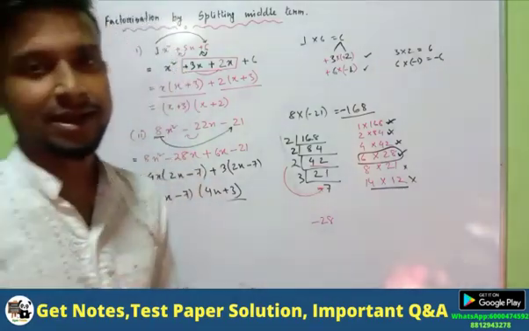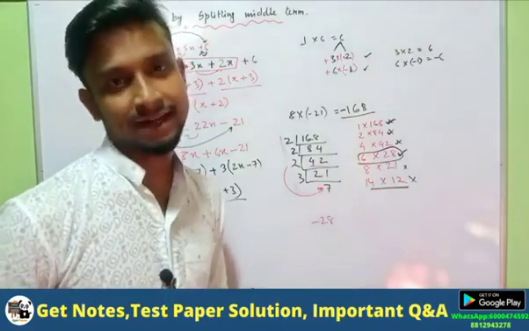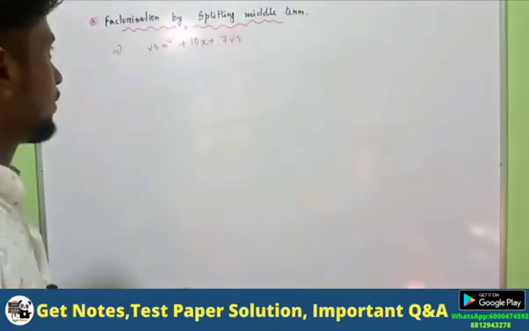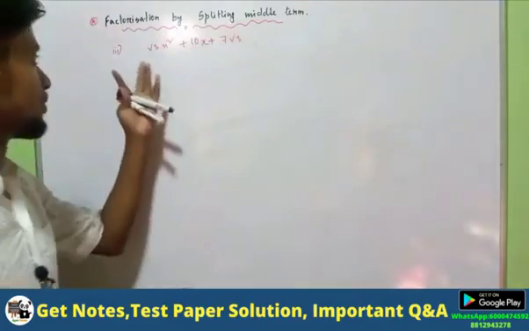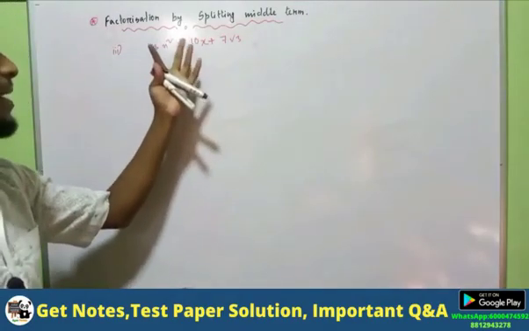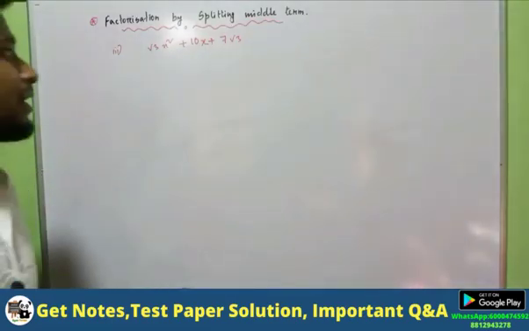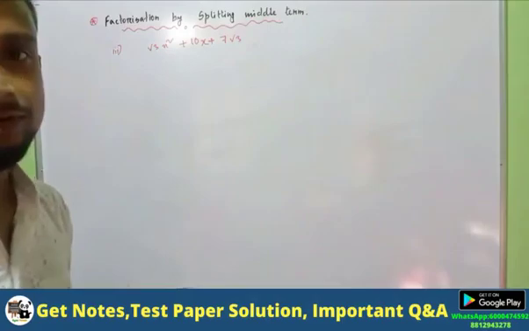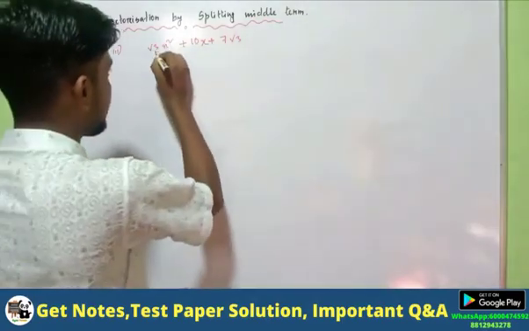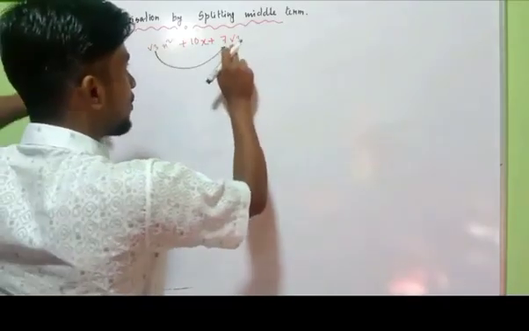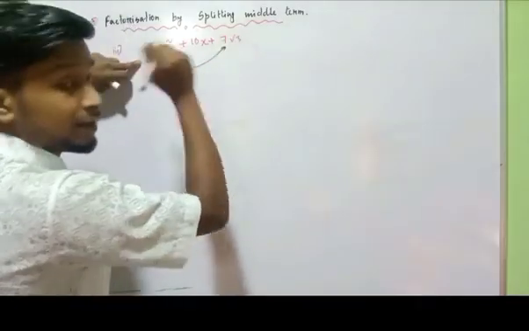Let's check some other kinds of questions that we can have in exam, right? So the next one we have is root 3 x squared plus 10x plus 10 root 3. In a similar way we have to solve it. First we have to multiply the coefficient of x squared with the constant term.